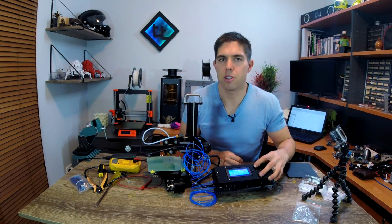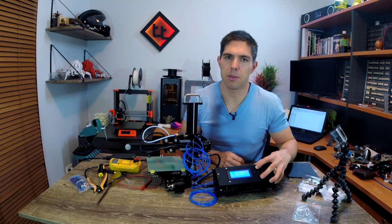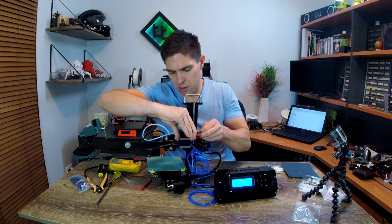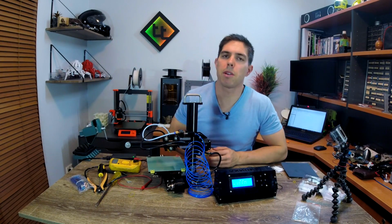This is the Z position fast option from the menu. Not exactly living up to its name. Okay, we do have some extrusion. Let's push through a little bit more. It is coming out. Now I suppose we should try and level the